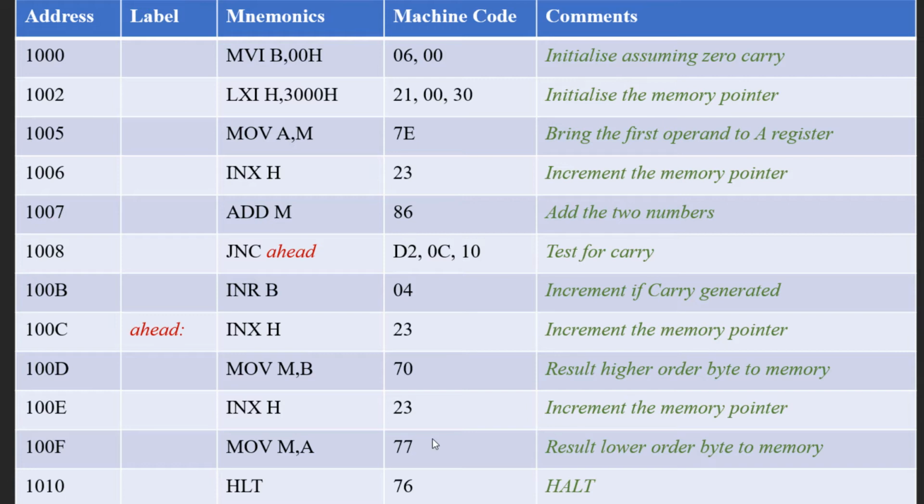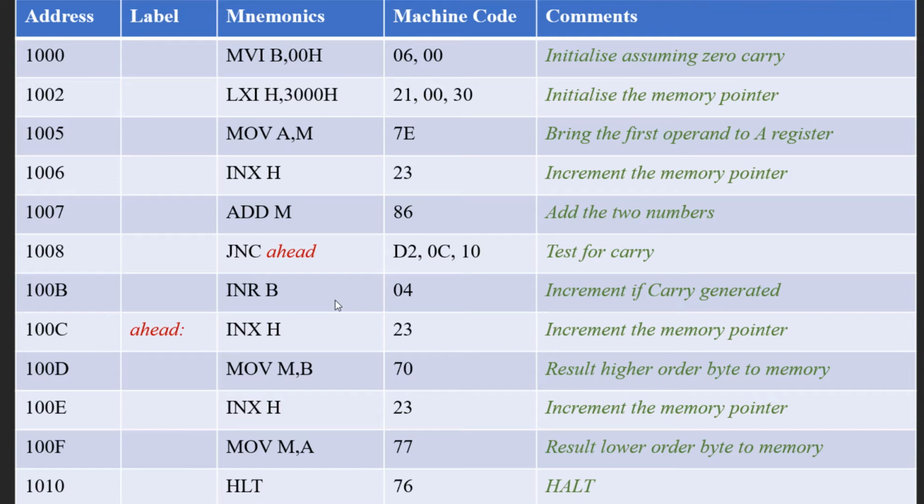So after you give the addresses for each instruction, the address for this particular instruction where we want to execute the jump should be mentioned in this instruction. So it is 100C. Lower order byte is always first and then the higher order byte is written. You can see it over here also, the lower order byte and the higher order byte. So this is the convention in 8085. So now the whole code is ready. Now we need to enter it into the hardware or the kit which you have.